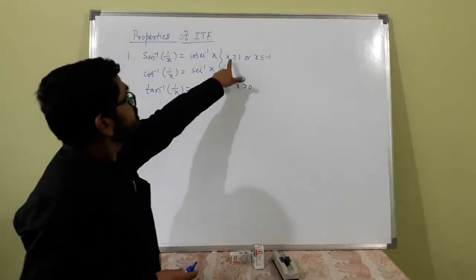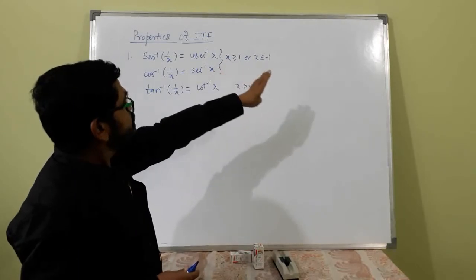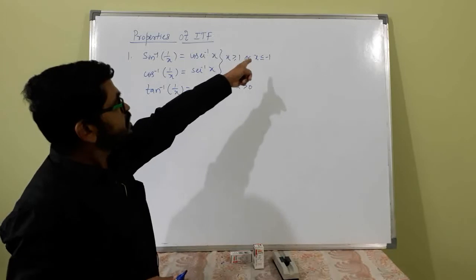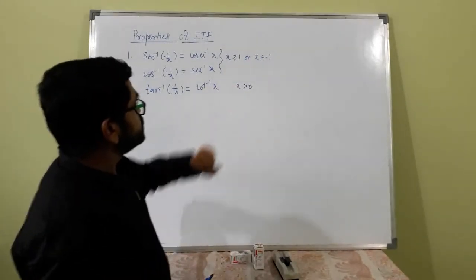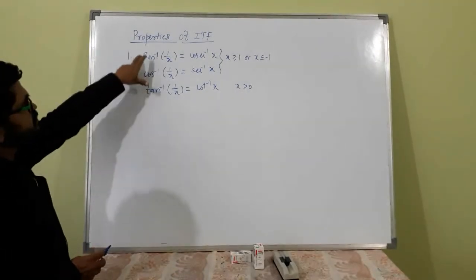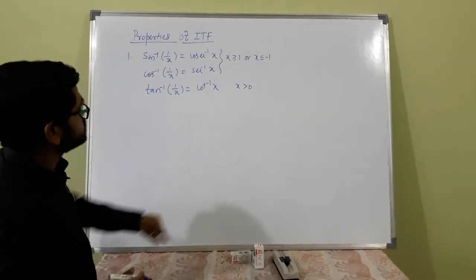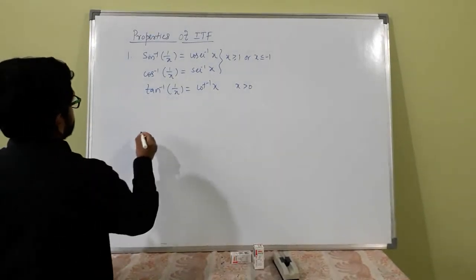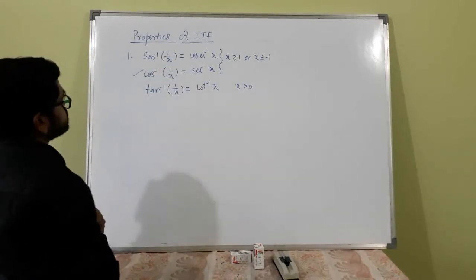Here the domain values are x greater than or equal to 1, and x less than or equal to -1. Here, for all positive x values, you can select any one. All the three follow the same procedure. I will solve either one of these. You can take any one. Suppose let us consider this one. You try yourself the other two.